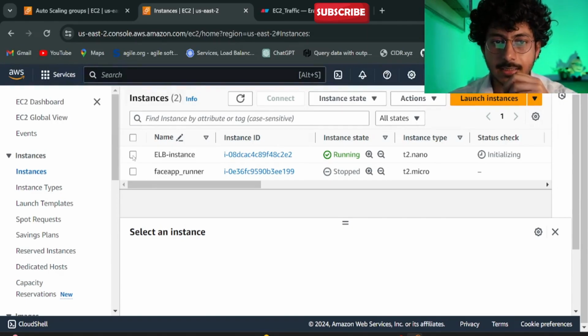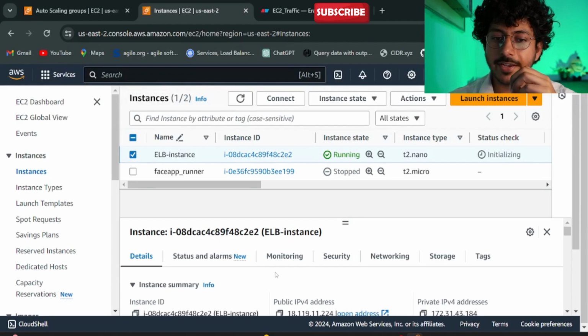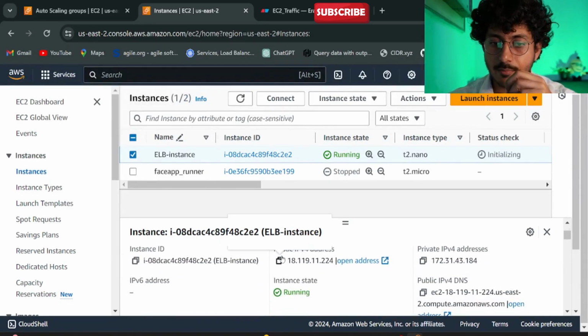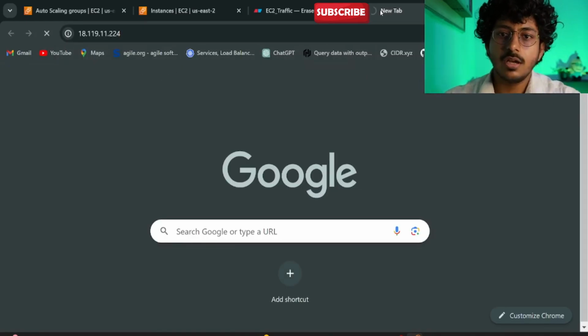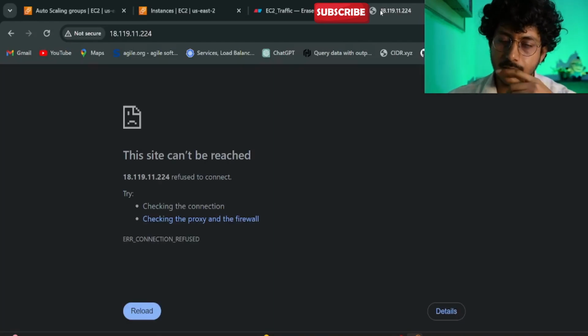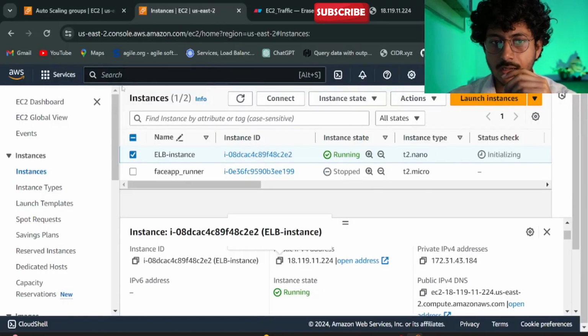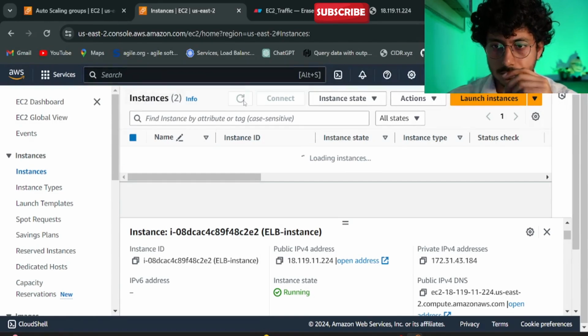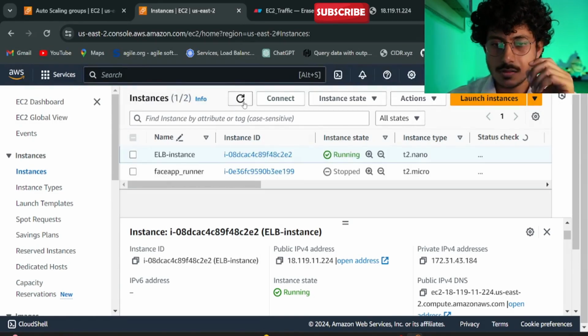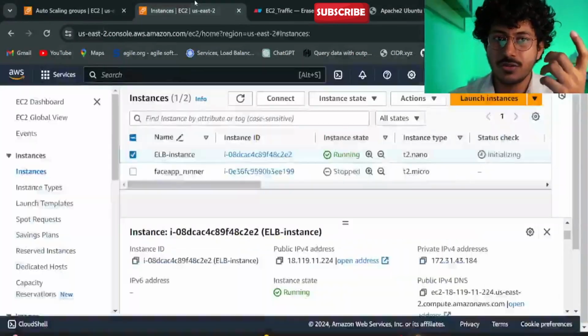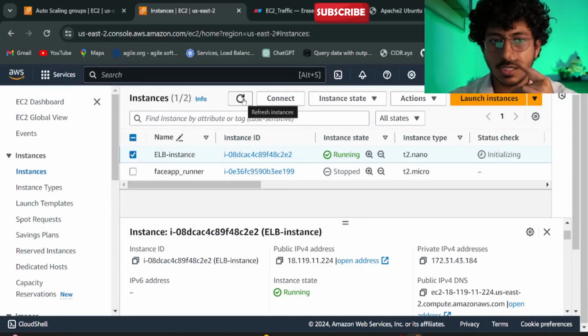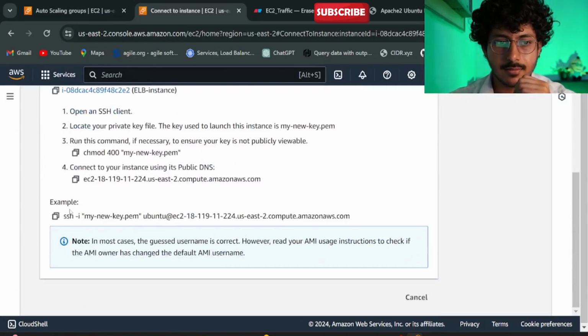When I select this instance and copy this public IP address, paste it here and search, it should show an Apache web application. It's saying that this site can't be reached because it's not initialized. Let's wait for some time. Okay, let's wait for some time. Still loading, still initializing. See, Apache2 default page. So that means our instance is running properly. If we connect to this instance using SSH,